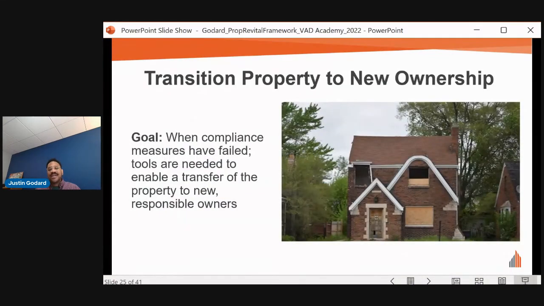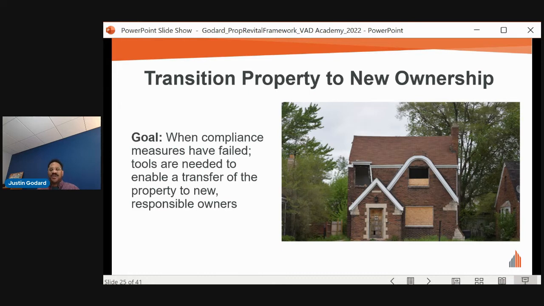In many communities we work in, code enforcement efforts are stretched very thin, and tax collection efforts may be ineffective for fostering compliance on properties where people have walked away. We often see cities continuing to cite properties for code violations that have been tax delinquent for over 5 years, and the owner is either nowhere to be found or it's owned by an LLC. Communities should be thinking about how they can preserve code enforcement efforts for properties where action may be more effective, and look to tools that enable the transfer of property to new responsible ownership where enforcement efforts have failed.